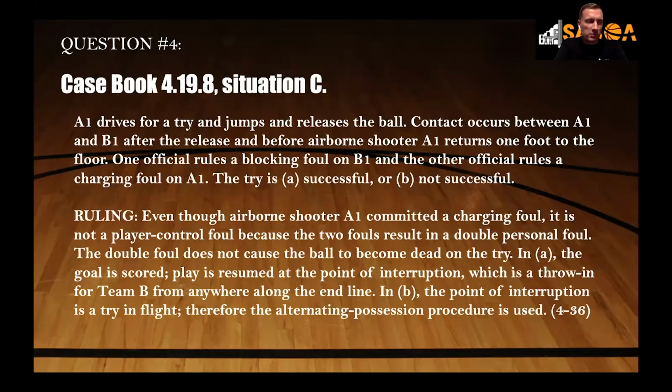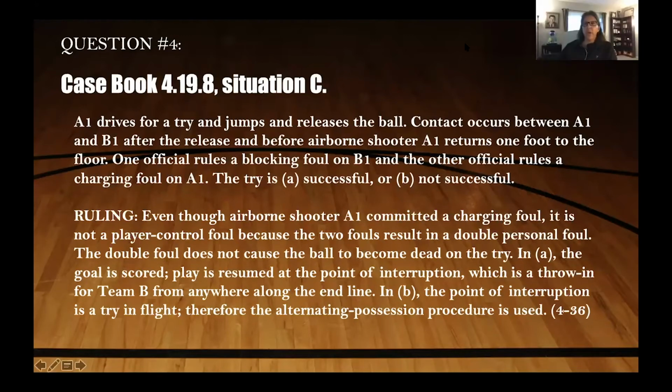I'm assuming you're talking about how we resume play. That's actually a good question, because they would have team control. The team control foul is not, because it's not a shot, so it's a pass. So then we go double foul, point of interruption. The team would keep the basketball. So if team A had the ball on a pass and a crash, we'd go double foul. Team A has not lost team control, so team A would get the ball at the spot of the foul. Is that your question, PJ? I'm assuming. Yeah, he just asked what happens. Okay. So I think that covers it.